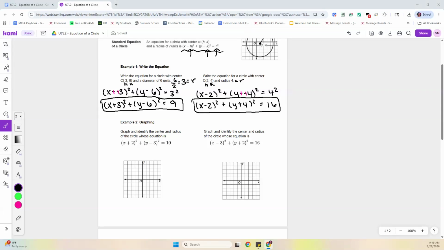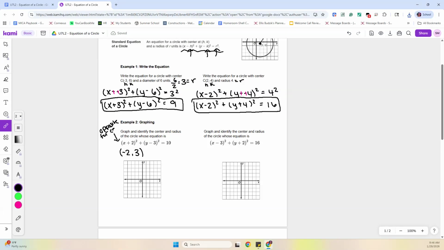For example 2, they're giving us the equation, and then we want to identify the center and the radius and then graph it. So right here, when they're giving you the equation, I always like to think of opposites. So they have a +2 here. Opposite of +2 is a -2. So I'm going to grab a -2 for my x value for my center. And then same thing here, instead of a -3, I'm going to do opposite and do a +3. So opposite for the center,